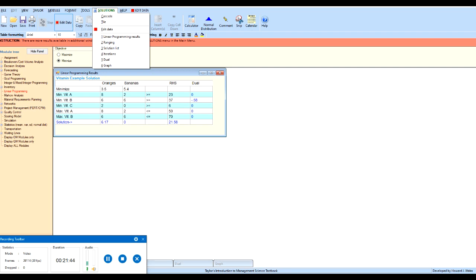That's what we've shown here. We've successfully solved this problem in 2 different ways, using Microsoft Excel and using QM for Windows. For now, we're going to do one more quick example because I want everybody to be comfortable with these easy examples for now. So let's come back here